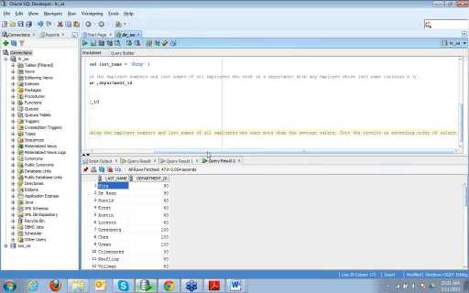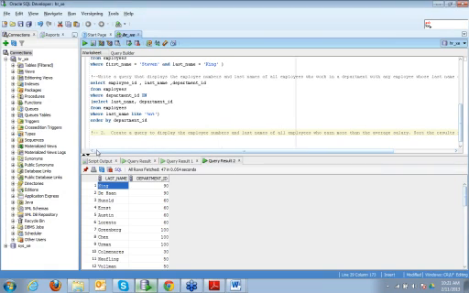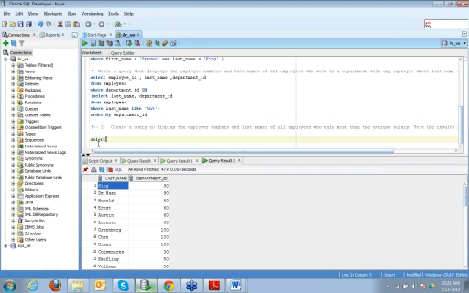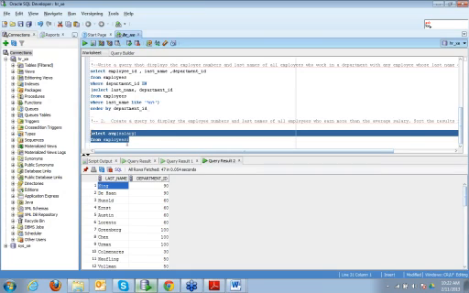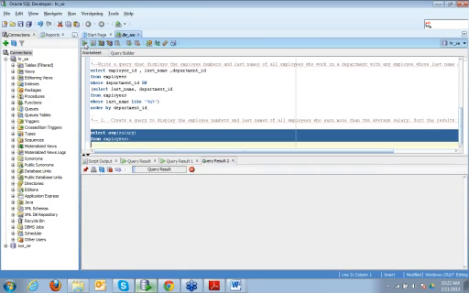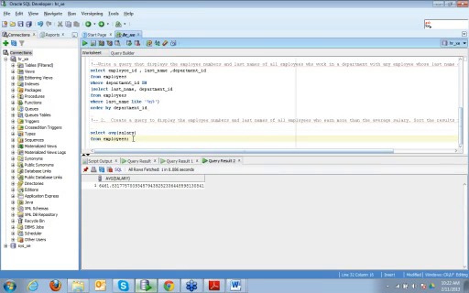First I have to find the average salary, right? Then only I would be able to find the rest of the part. So I would say select average salary from employees. It's going to produce one row and one column. So this is my average salary.